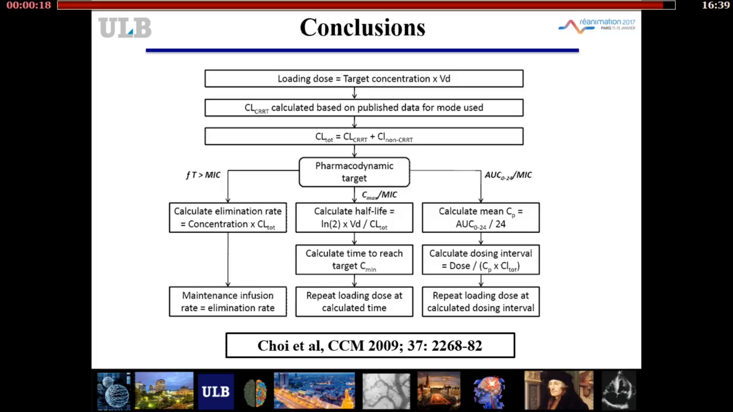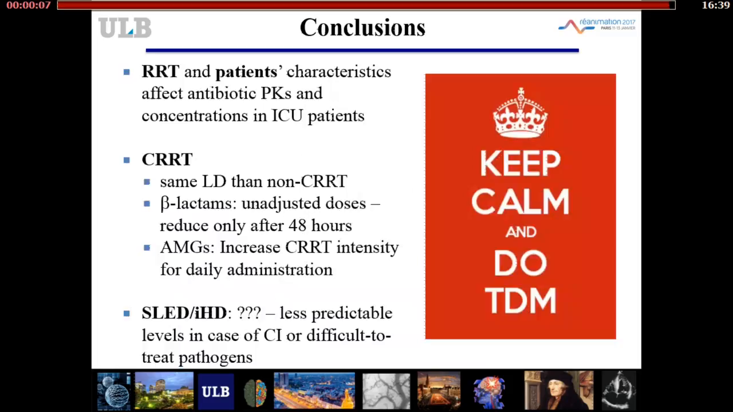These have never been validated in ICU patients. This is kind of a hypothetical approach, but as you heard before, there is so huge a variability in these patients that if you don't measure, you cannot apply just formulas. My message is that RRT and patients' characteristics affect antibiotics PK and concentration in our patients. If you start a continuous